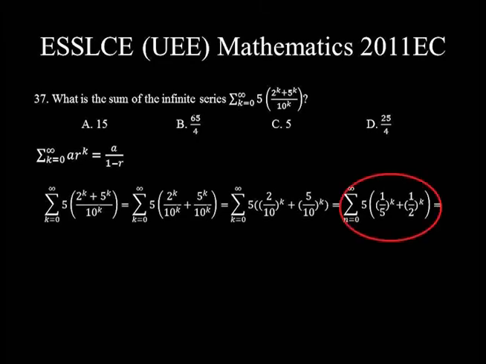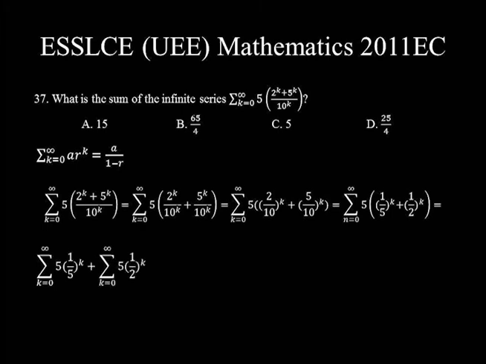This expression can be split as summation of 5 times 1 over 5 to the power of k, k ranging from 0 up to infinity, plus summation of 5 times 1 over 2 to the power of k, k ranging from 0 up to infinity. In this first expression, a is equal to 5 and r is equal to 1 over 5. So it becomes 5 divided by 1 minus 1 over 5. Plus, in the second expression, a is 5 and r is 1 over 2. So the expression becomes 5 divided by 1 minus 1 over 2,